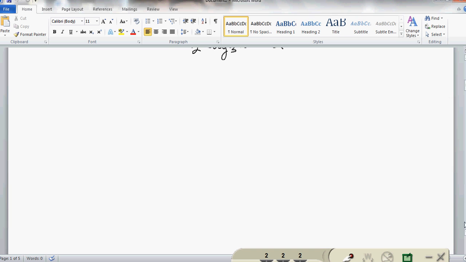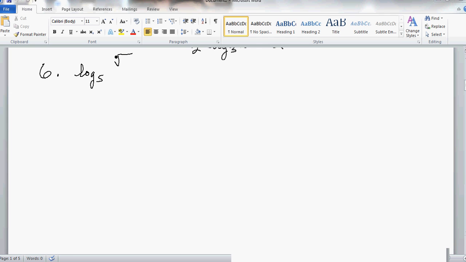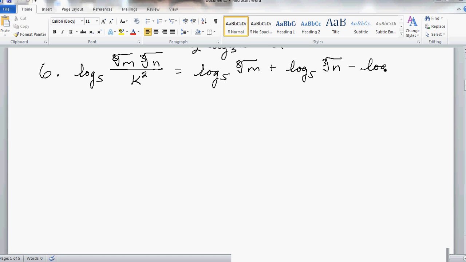Okay, number 6. We have log base 5 of quite a mess. It is the 8th root of m times the cubed root of n all over k squared. And so what we first of all need to do is get rid of this product and this quotient. So it's going to be log base 5 of the 8th root of m plus log base 5 of the cubed root of n minus log base 5